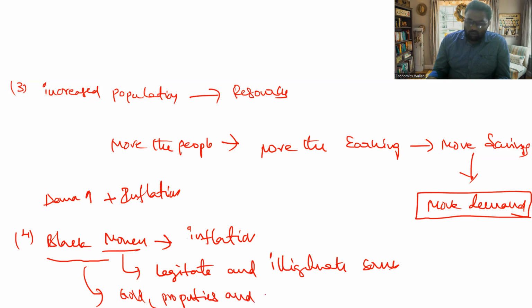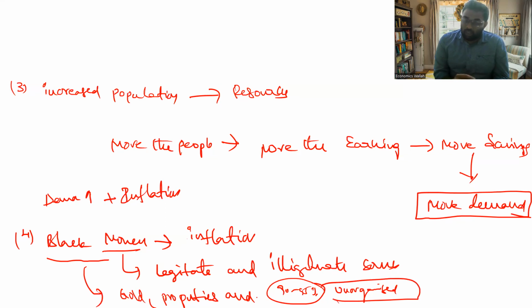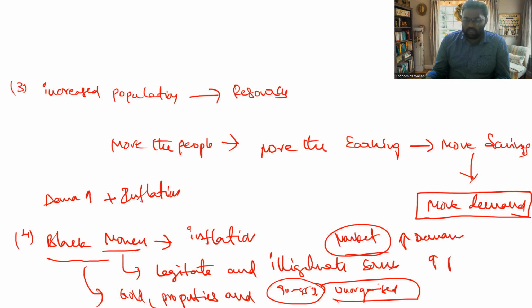Most of the Indian economy's working population is in the unorganized sector. So 90 to 95% of the working population is in the unorganized sector. So you can accommodate with the unorganized sector and create black money. Once you create black money, which is not under the control of the government or tax authorities, you can easily buy products from regular markets. So obviously, whenever you are demanding more goods and services, there is a price rise.